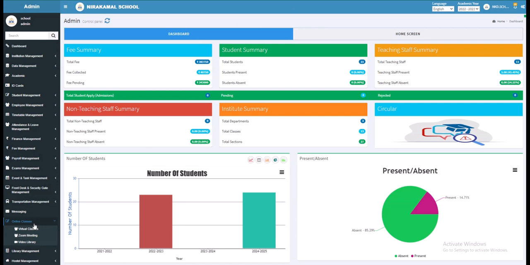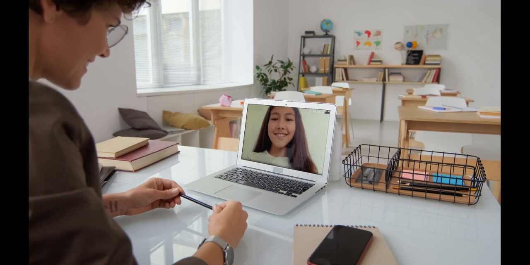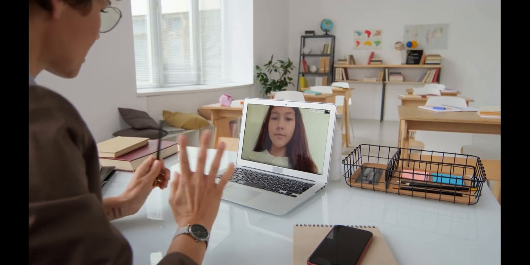This module helps you to conduct online meetings, Zoom classes, and enables teachers to create and share pre-recorded video lectures with students. Overall, the Online Classes module will provide a comprehensive and user-friendly platform for teachers and students to interact